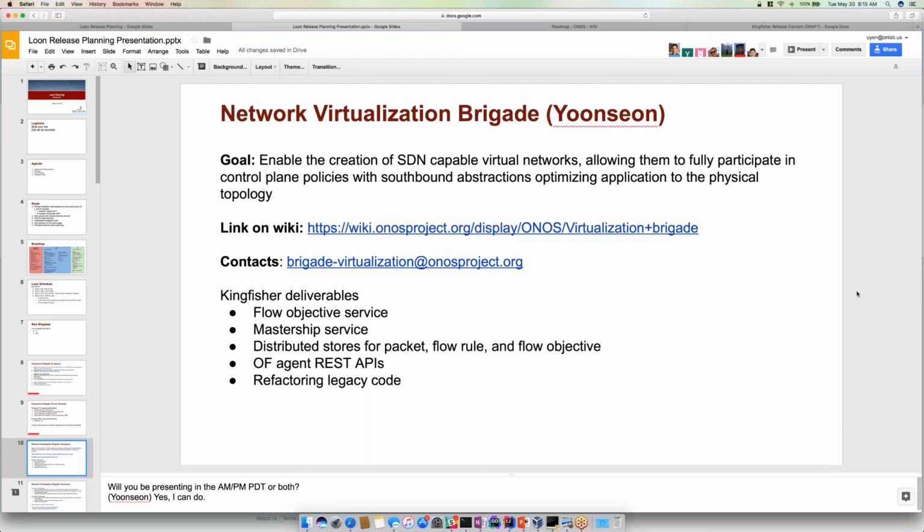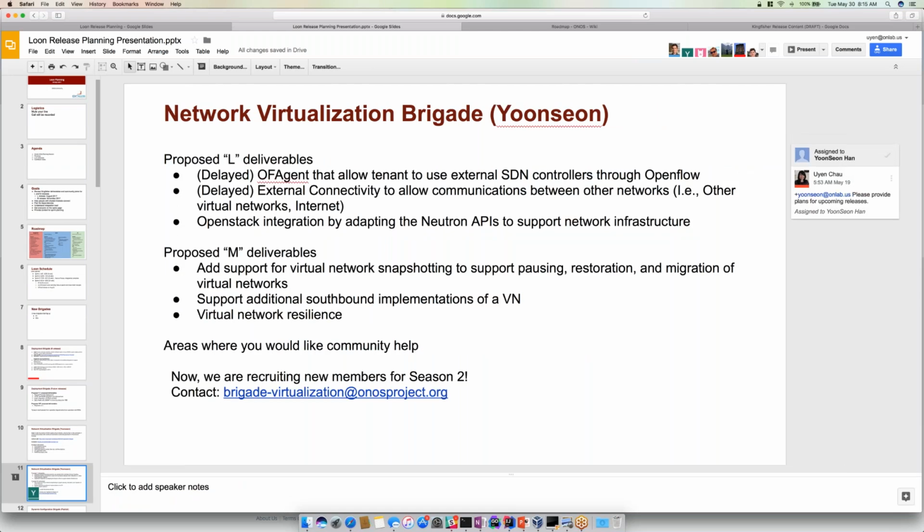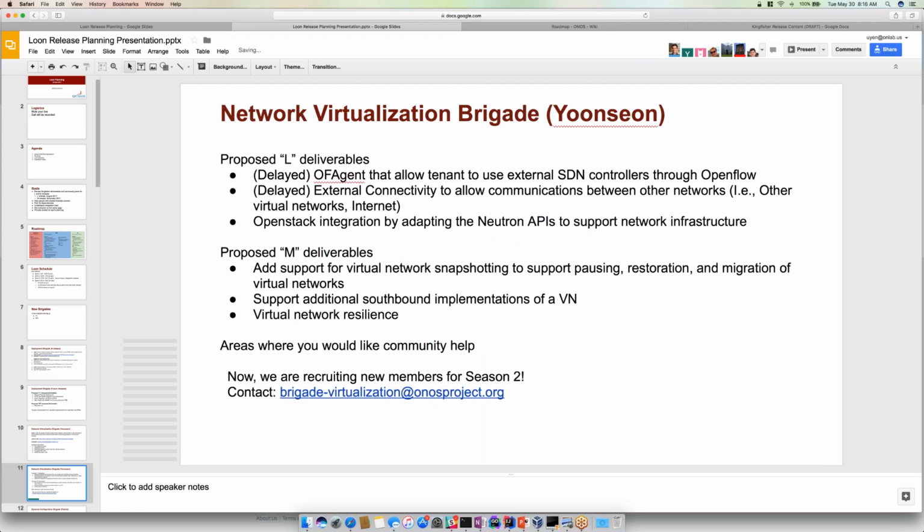For the next slide, please. Yeah, for the deliverables, I'm sorry about that. We have been a little bit delayed on our planning. So actually in this Kingfisher sprint, we should provide two features. The first one is the OpenFlow agent, and the second one is external connectivity, to allow virtual networks to connect with external networks such as the internet. But these plans are a little bit delayed,